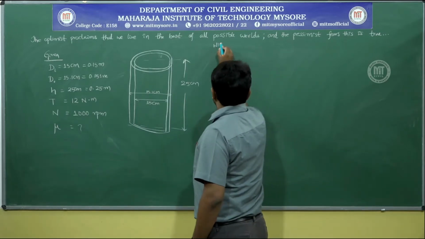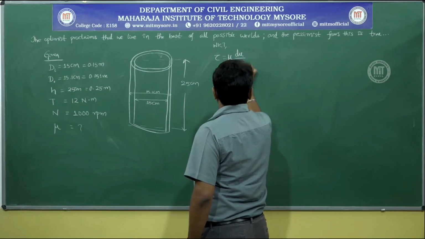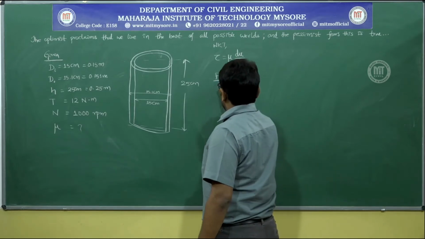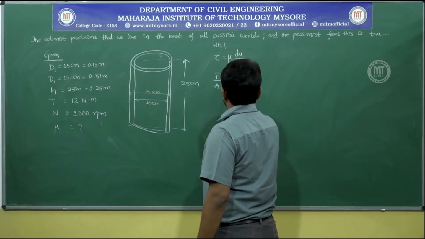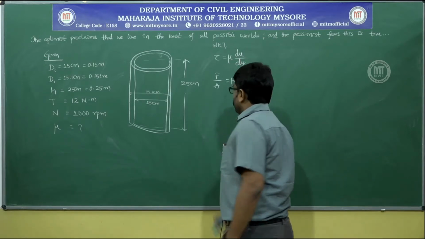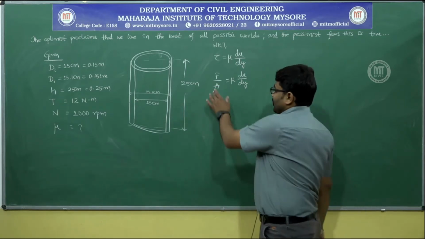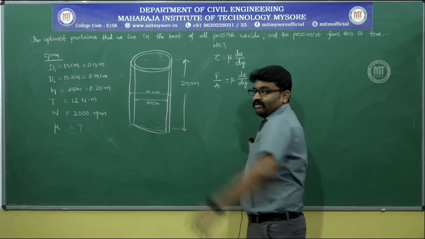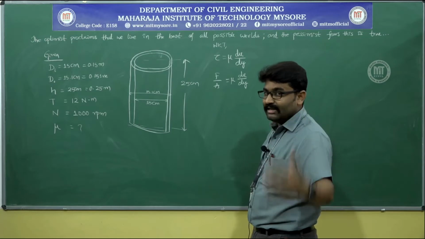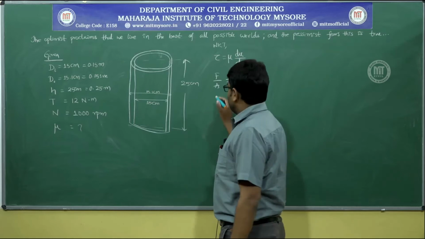So, viscosity of the fluid is in the equation. We know that tau is equal to mu into du by dy. Tau is nothing but F by A. This must be equal to mu into du by dy. How do I calculate force and area? I'll go one by one. I can easily calculate area because the diameter of the inner cylinder is given and that is the rotating part. So, I will take the diameter of that and calculate the area of the inner cylinder.